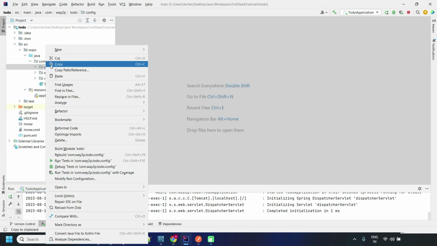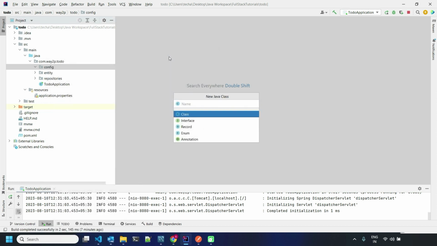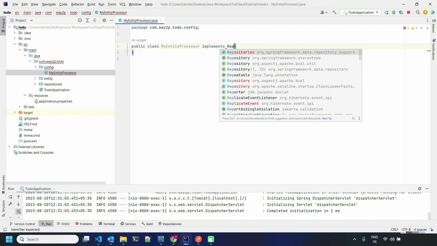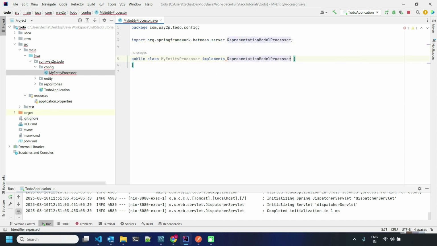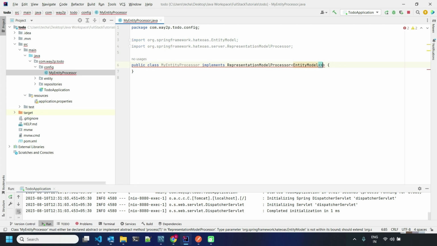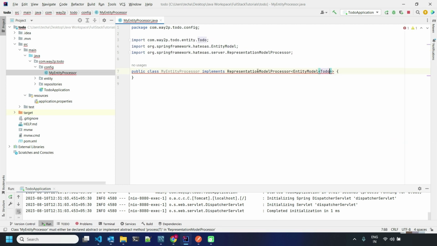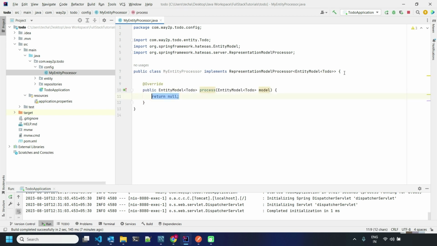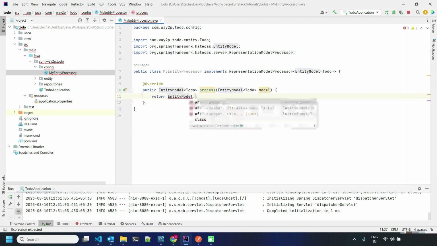Refactor. Config is empty now, so let's create our first class, my entity processor, and it implements representational model processor. It requires the type as entity model, and entity model requires the type of our entity. Now we have to override the method process, and here we need to return entity model of